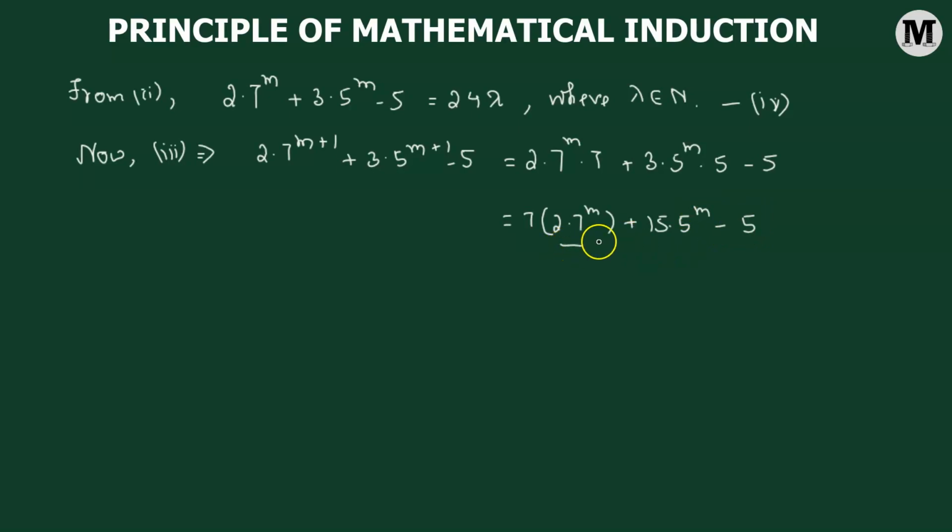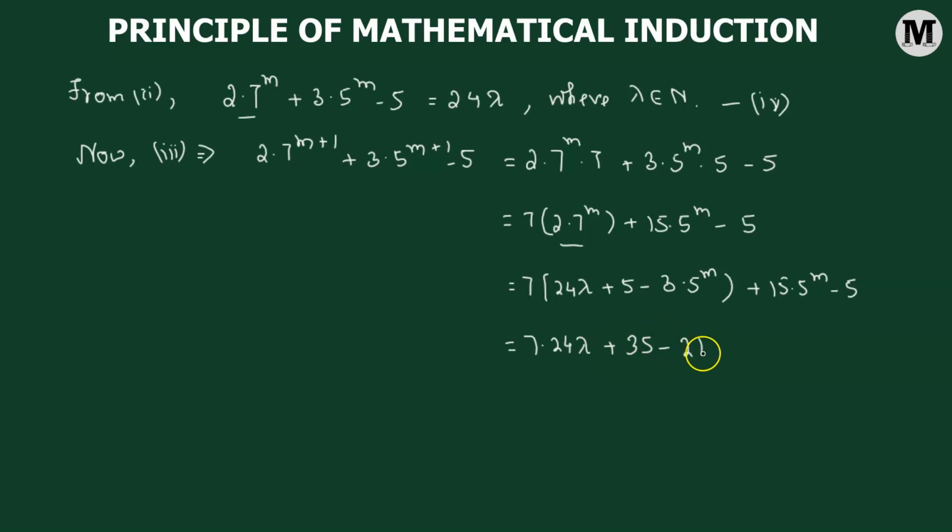Okay, now in place of 2 times 7 raised to the power of m, we can take the help of number 4 and replace 2 times 7 raised to the power of m with 24 times lambda plus 5 minus 3 times 5 raised to the power of m. Fine. This is going to get added to 15 times 5 raised to the power of m minus 5. Fine. Let's distribute 7 with each of the 3 terms within the parentheses to get 7 times 24 lambda, added to 7 times 5, that's 35, minus 7 times 3, that's 21 times 5 raised to the power of m, added to 15 times 5 raised to the power of m